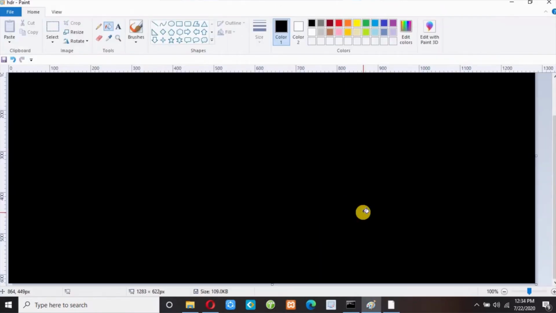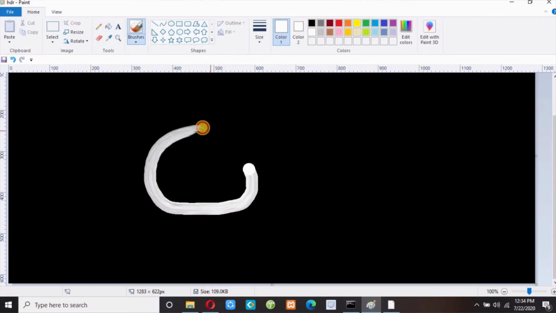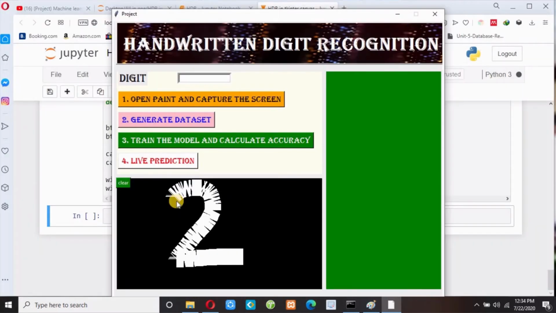You can see here, suppose in Paint if I choose white color, and if I choose this oil brush, this is so smooth. You can say this is a very smooth image. But here we can draw a smooth image, and we have some solution also.